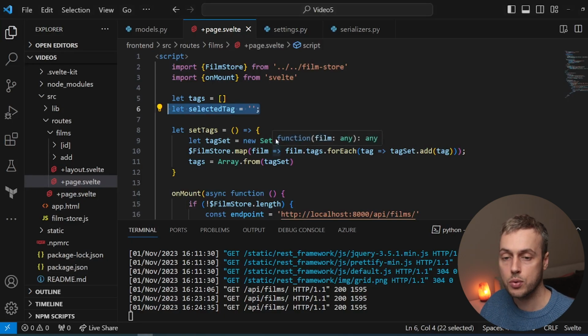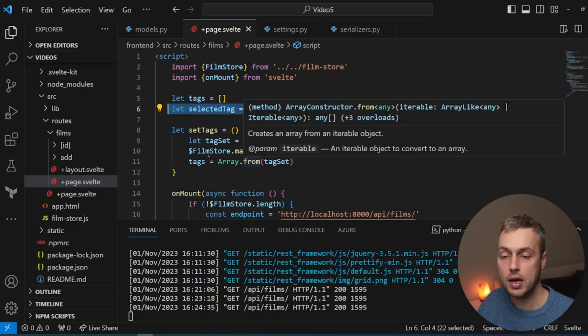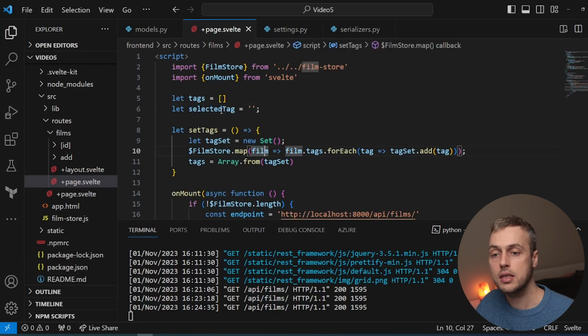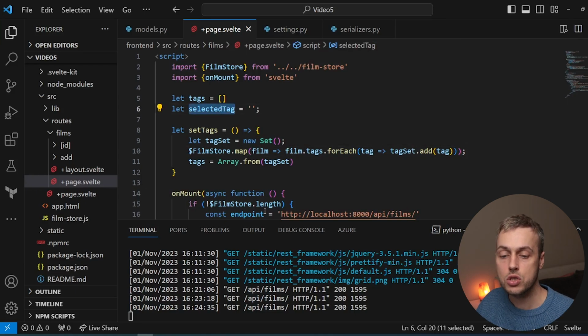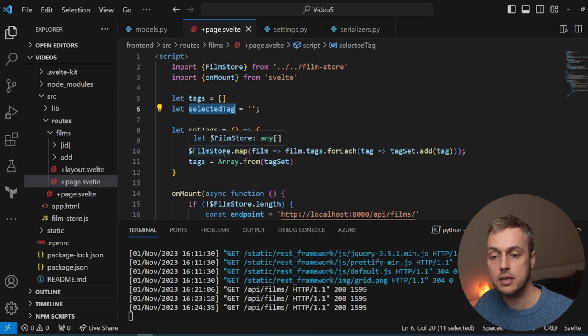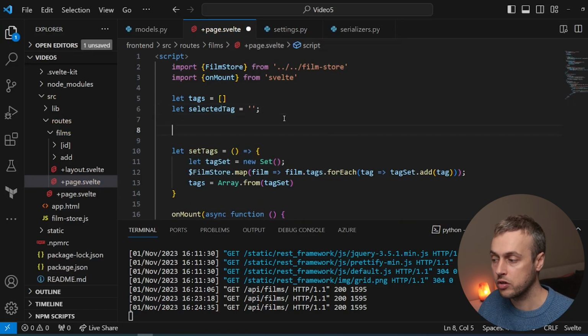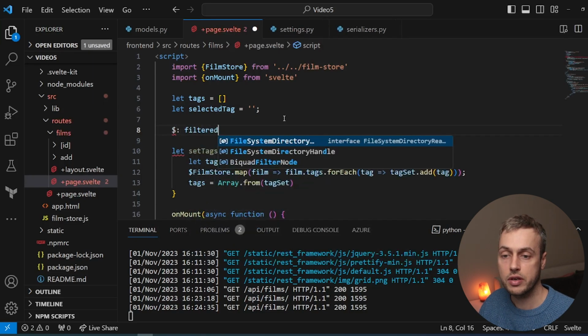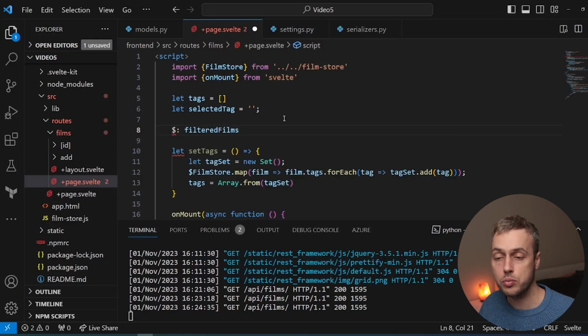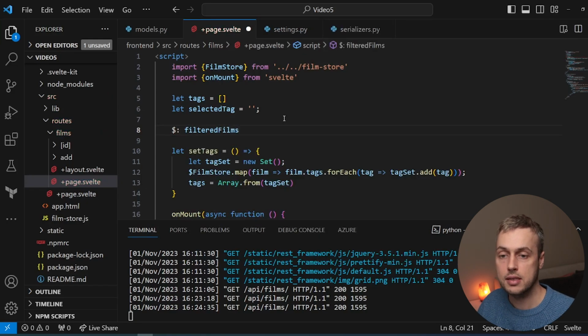What we're going to do is take the list of films that we have in the film store here, and when the selected tag variable is changed, when a user clicks one of those tags, we're going to filter down the film store automatically by whatever the tag is that has been selected. So what we're going to do just above the set tags function is define this reactive variable, and let's call it filtered films, because we're going to filter the films down by the selected tag,